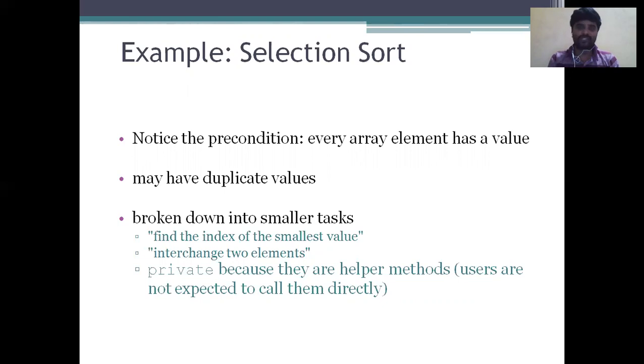In searching we saw the sequential searching algorithm, and we also saw how the sorting algorithm works on big data, in real-time data. So this is about array operations in data structures and applications.